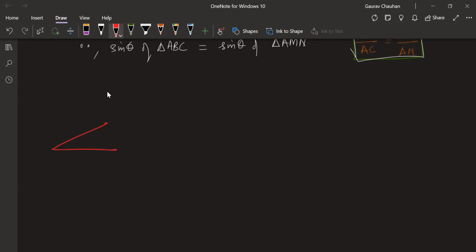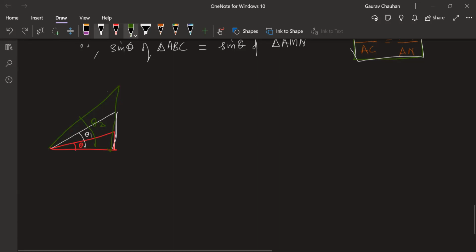If the angle is, let me take it to a stretch, if this is a very small theta, I am not going to change the base, I'm not going to change the adjacent side, I'm just going to change the angle. If the angle increased and this was say theta 1, then this ratio is going to change. If the angle increased further, let's take this as theta 2, then this ratio is again going to change, because these triangles are not similar, so these ratios are changing.